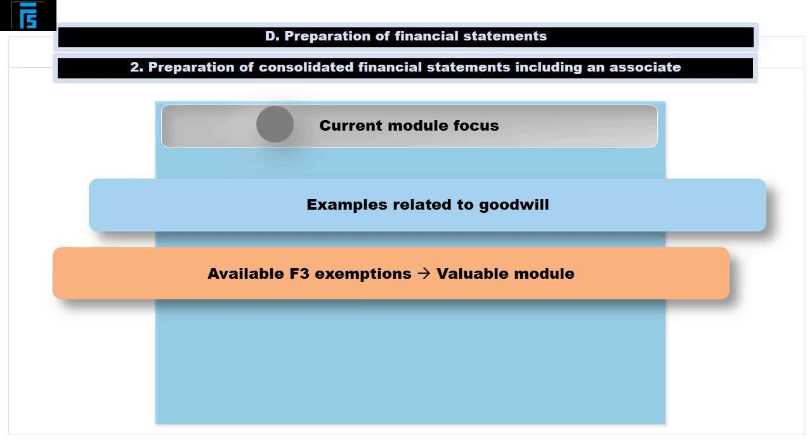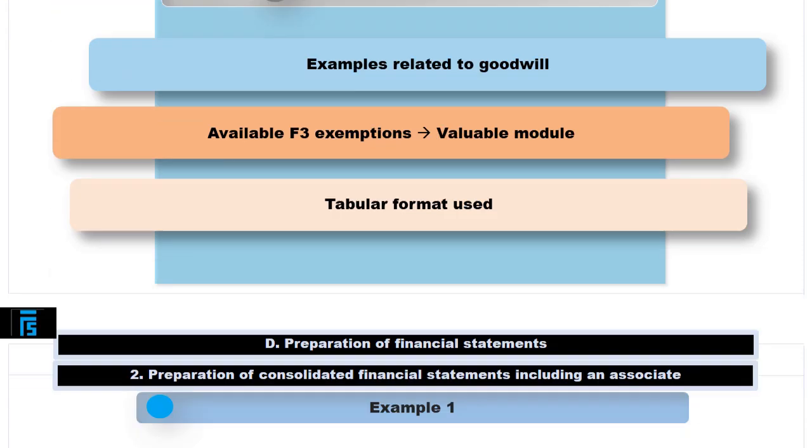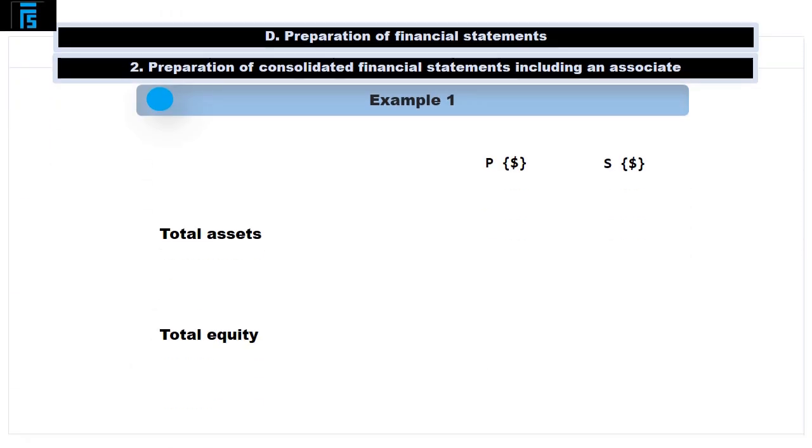In contrast to the previous module, we will not be utilizing T accounts, but rather, for the sake of speed, follow a tabular format to derive the most crucial items which you will be required to calculate on the exam. Let us start with the most basic of examples and then subsequently build from there by introducing more complicated items